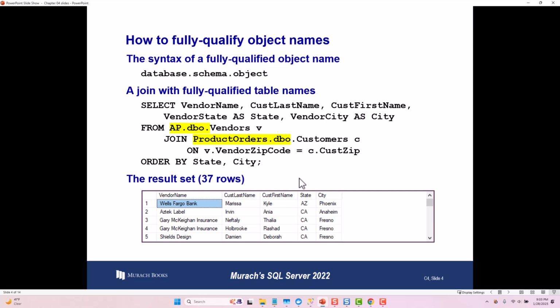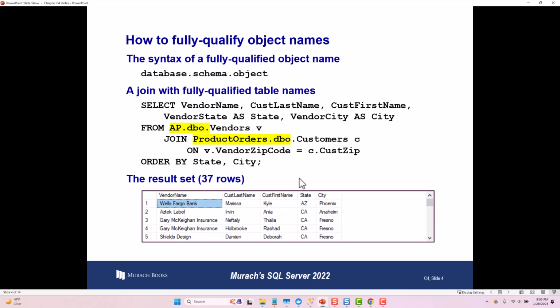If we are developing systems for a company, and for instance, we have a general ledger system and we're developing it in a separate database than our production inventory systems, and we need to be able to look at something in the GL system in order to show the information on a screen in our production inventory system, we might have to use the fully qualified object name, which is the database, the schema, and the table in order to get the information from the GL system.